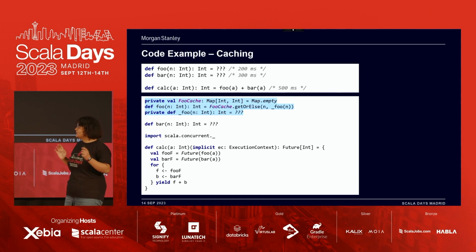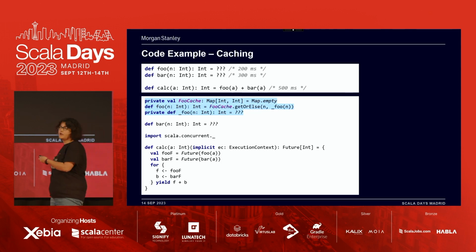So hopefully you have realized now how much effort we are putting into execution concerns that have nothing to do with our business logic, right? We just wanted to sum two numbers, right? And we have spent all this effort, and this code is buggy. getOrElse is clearly wrong. getOrElse simply returns a default value. The default value is never going to be added to the foo cache. So this is actually not even working, right?